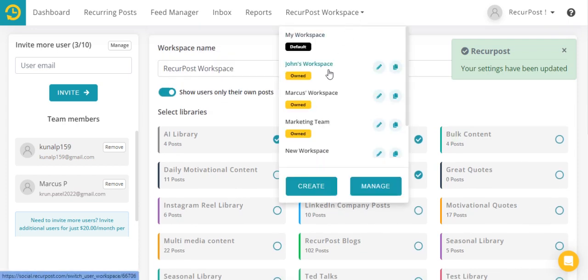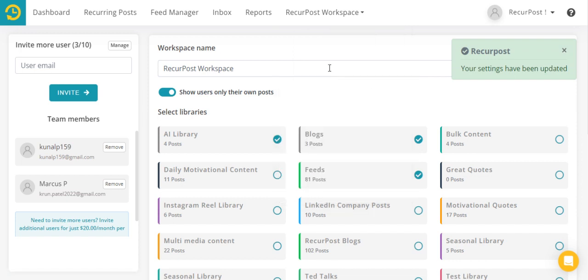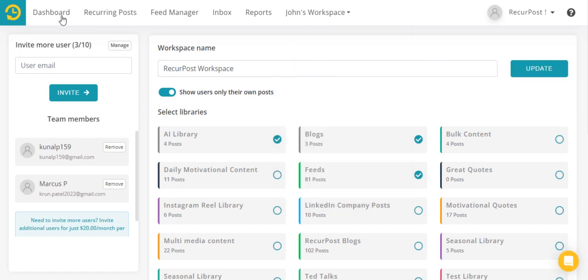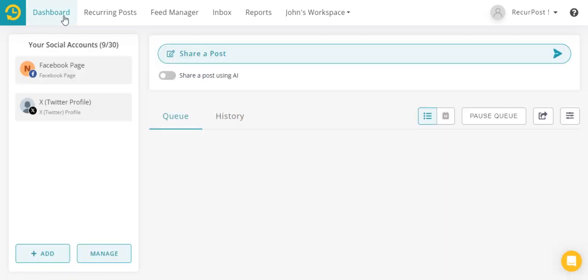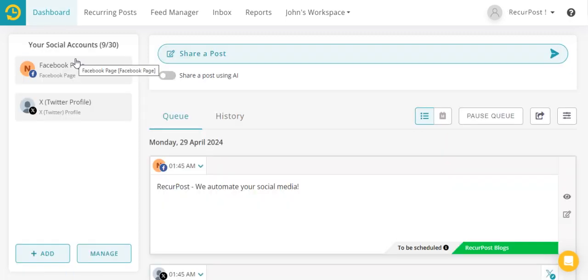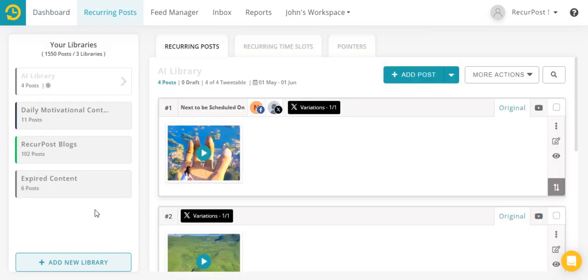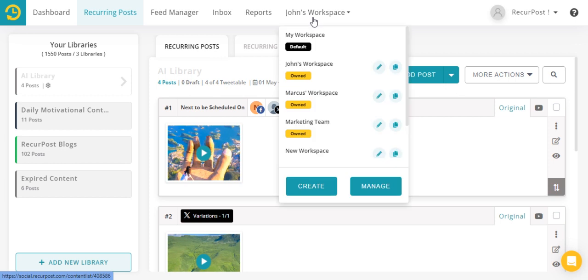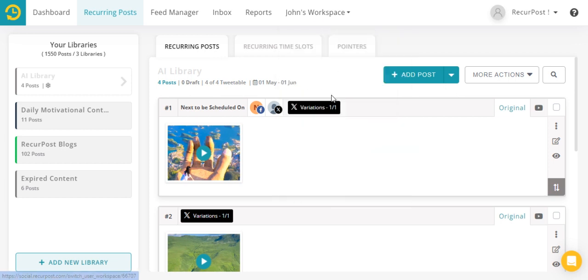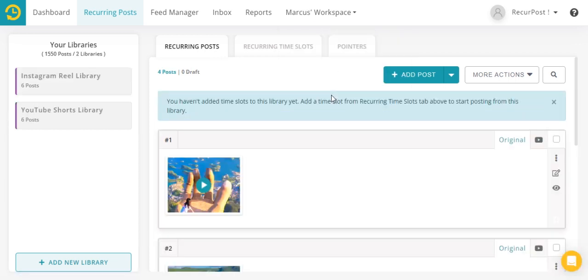Now, let's see what John's workspace looks like. Here, you'll see that I had assigned 2 social profiles and 4 libraries to this particular team member. Viewing Marcus's workspace,